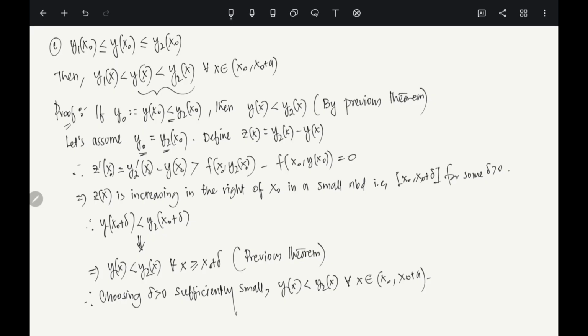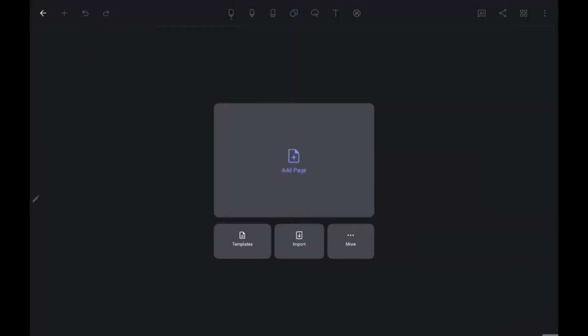Clear? Okay, now let us look at one example. So let me give you an example of how to use this fact. Let's say consider the initial value problem. What is the initial value problem? y prime equals y square plus x square, y at the point 0 is 1,